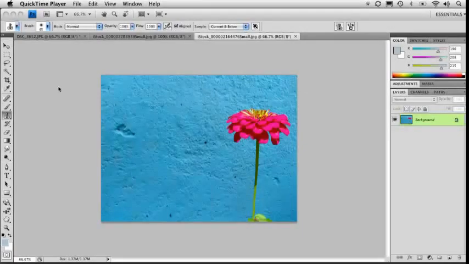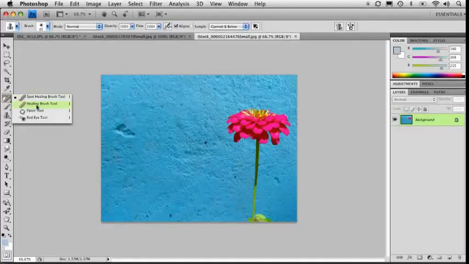Now, another popular tool for retouching in Photoshop is something called the Clone Stamp tool. And it's located right here in the toolbar underneath the brush tool. If you click and hold, you can see it's right there. It's also called the rubber stamp tool, some people like to call it, just because it looks like a rubber stamp. But it works very similar to, if you remember the last lesson, we were using that healing brush